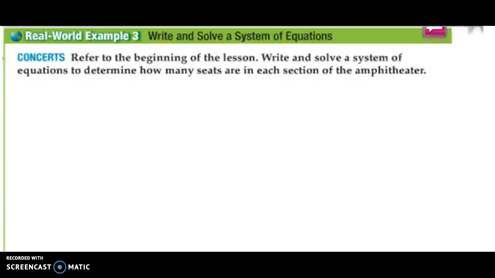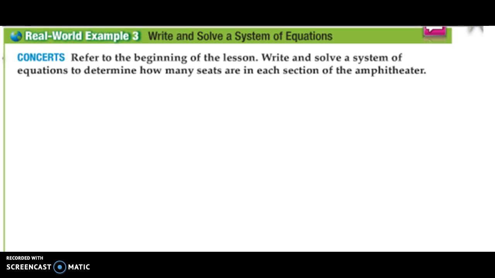Now we're going to look at a real-world example that has to do with seats in an amphitheater. It says to refer to the beginning of the lesson, so I'll read it now. It says seats closest to the amphitheater stage cost $30. The seats in the next section cost $25, and the lawn seats are $20. There are twice as many seats in section B as section A. When all 19,200 seats are sold, the amphitheater makes